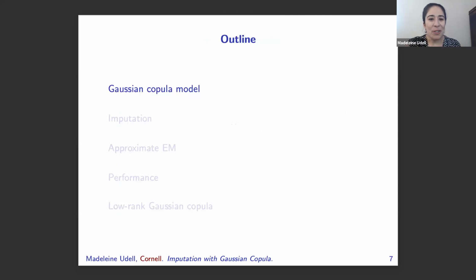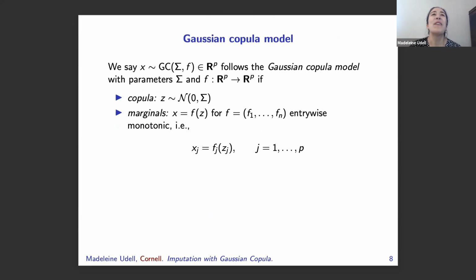Okay. So to do all this, I'd like to introduce you to the Gaussian Copula model. In some sense, it's a really old school model. It's been around for a really long time. It was blamed for causing the financial collapse of 2008. But my claim is that was for mortgage-backed securities, not for tabular survey data. So I think we're safe on tabular survey data. Okay, so let me tell you about this.